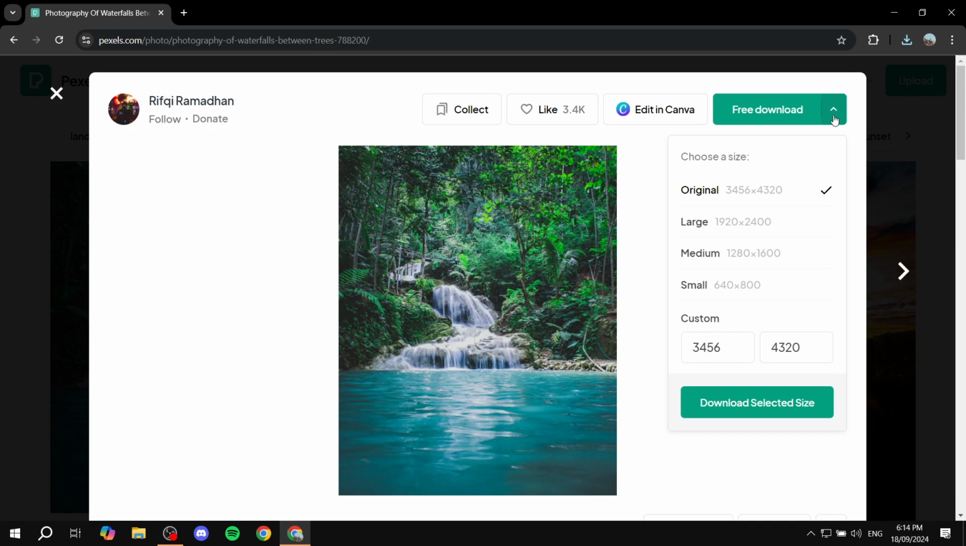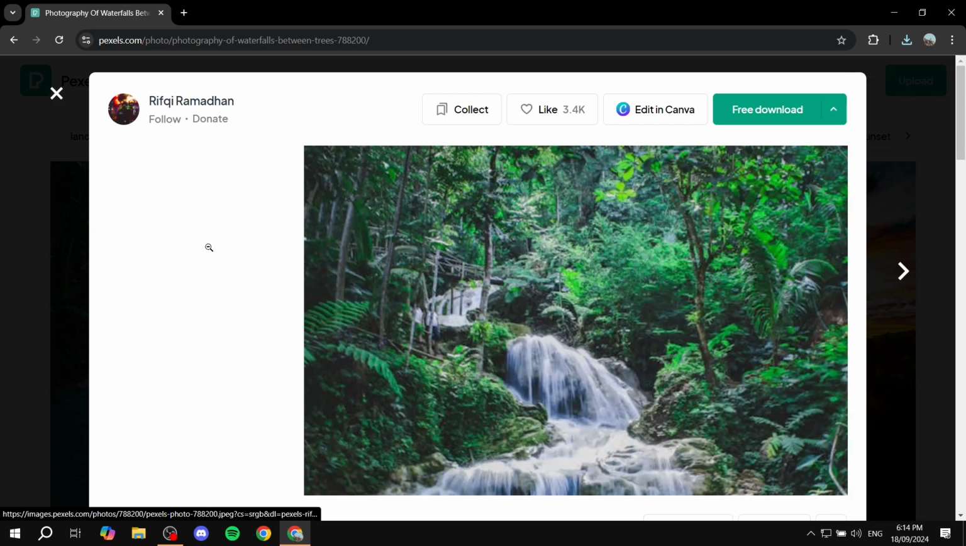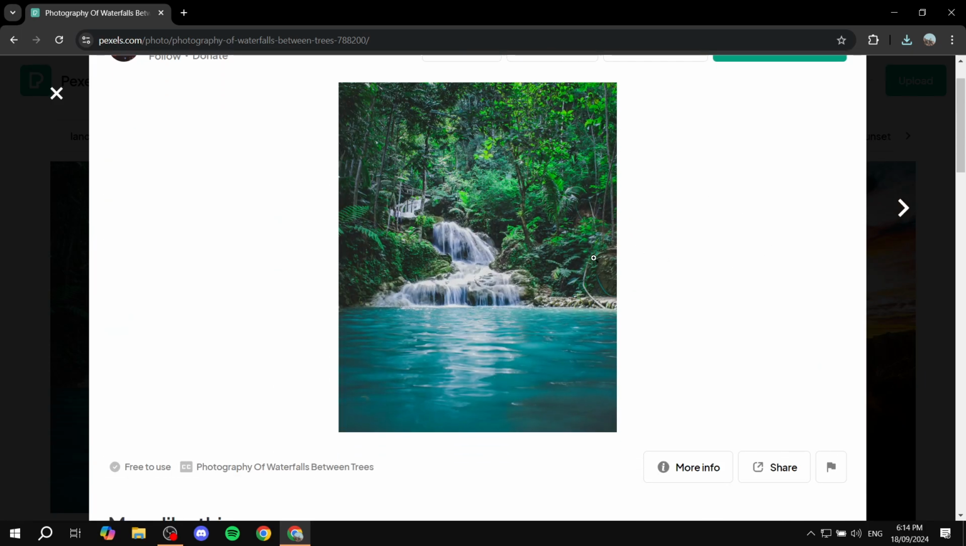And if we click on the right arrow here next to free download, we can choose the size that we want to download it in. And pretty much we are set. We can now use this image for free, obviously following the rules. And we can see here just to make sure we have